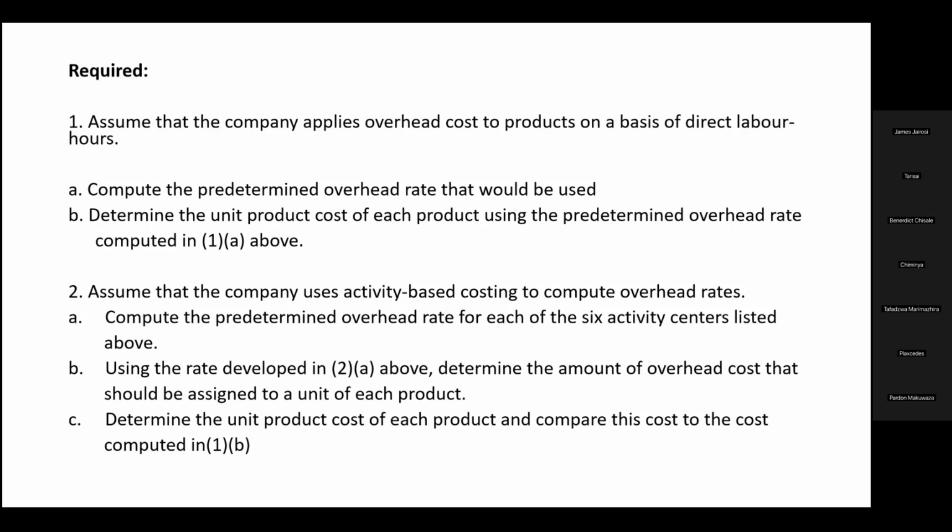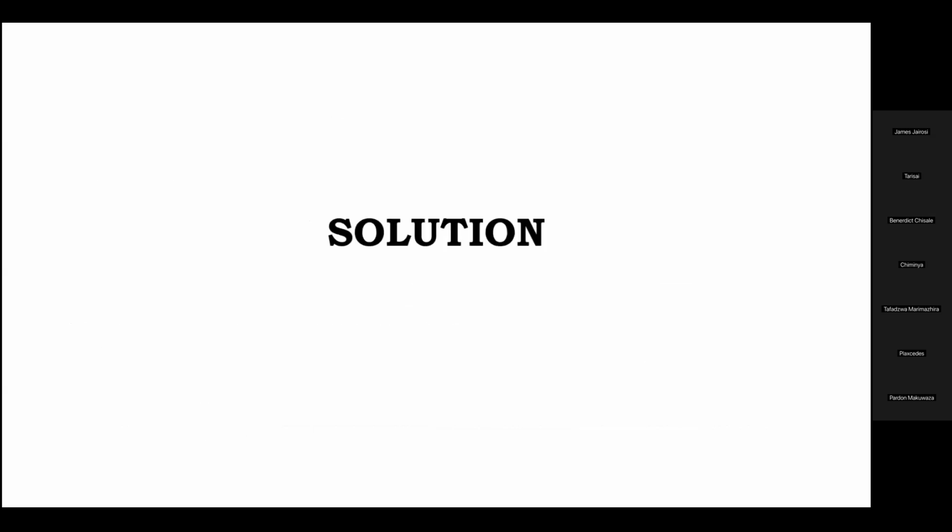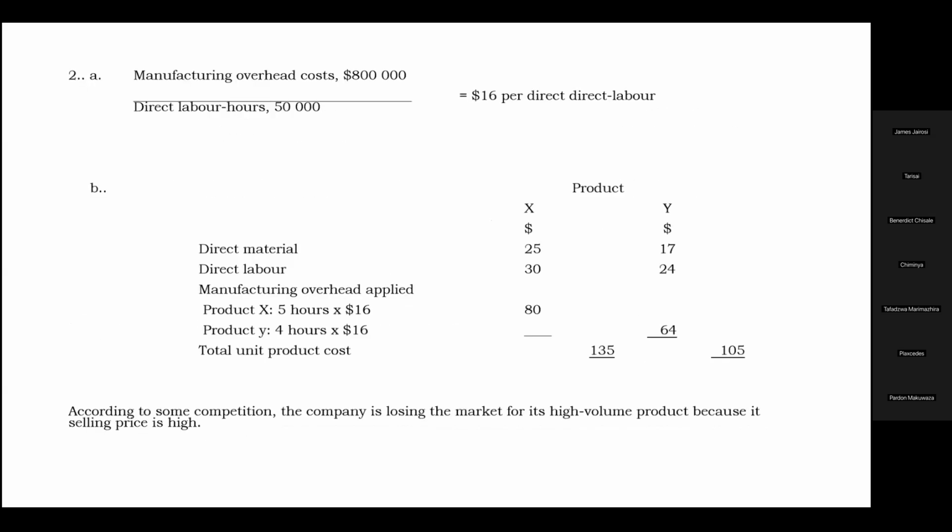And then B, using those rates to determine the amount of overhead cost that should be assigned to a unit of each product. And then C, to determine the unit product cost of each product and compare this cost to the cost computed in 1B above, which is, we are now comparing the activity-based costing and the absorption costing. So if we go down to the solutions,